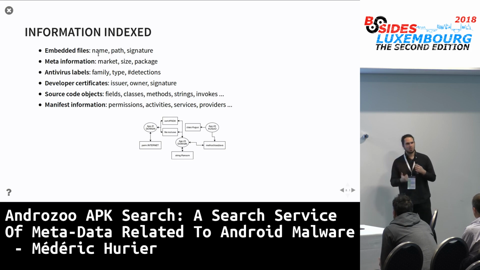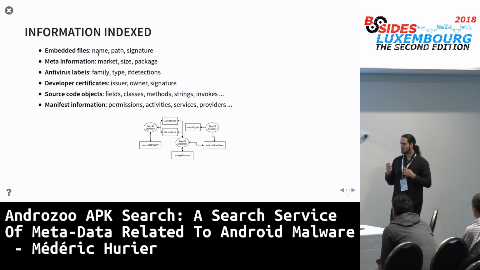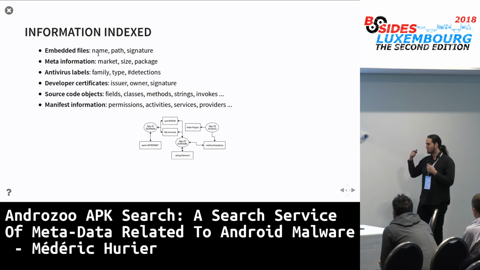We also retrieve some meta information like the markets, the origin of the application, its size, and also the package name associated to it. We also report the antivirus labels, and here we already integrate one of our solutions which tries to come up with a single family per malicious application.